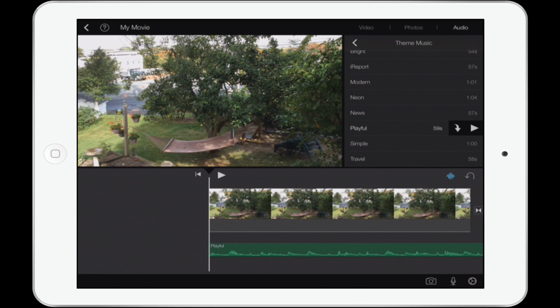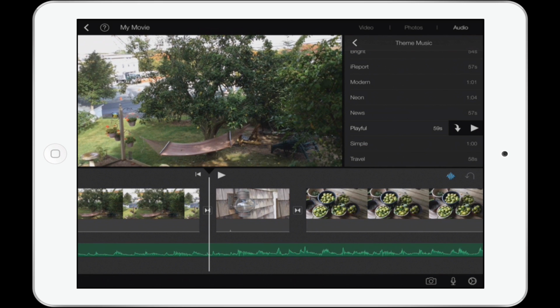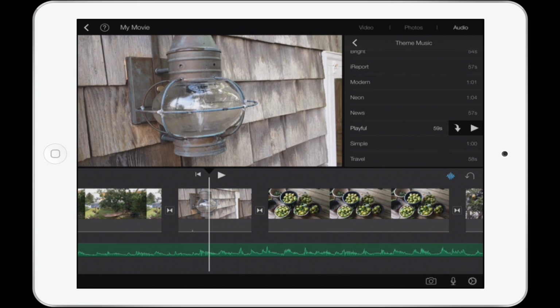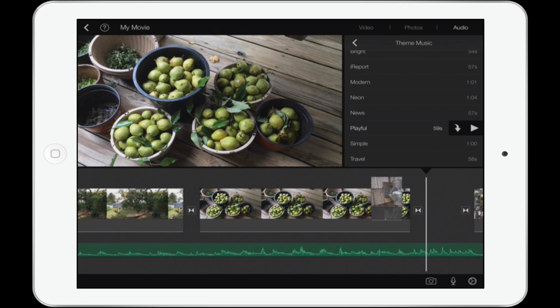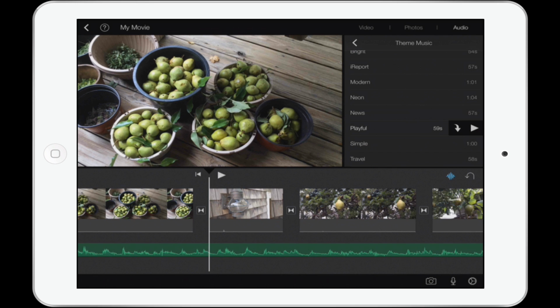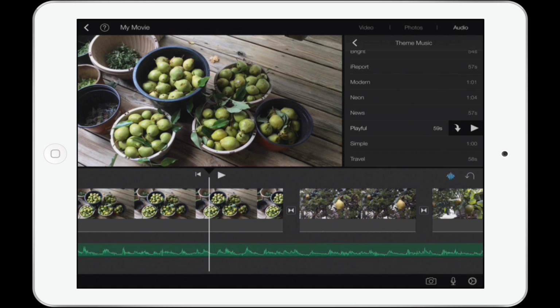So we went over, I'm just looking at my notes here, adding video, audio, and photos. Let's talk about moving around these different shots. Let's say in the middle of doing this, you're like, you know what? That shot of that light and those pears, those need to be reversed. Moving shots is really, really simple. All you have to do is press and hold on any clip and just drag with your finger where you want it to go. And you can see here that the playhead will actually kind of stick to where it thinks that you want it to go. I'm going to actually undo that, which actually brings me to undo,